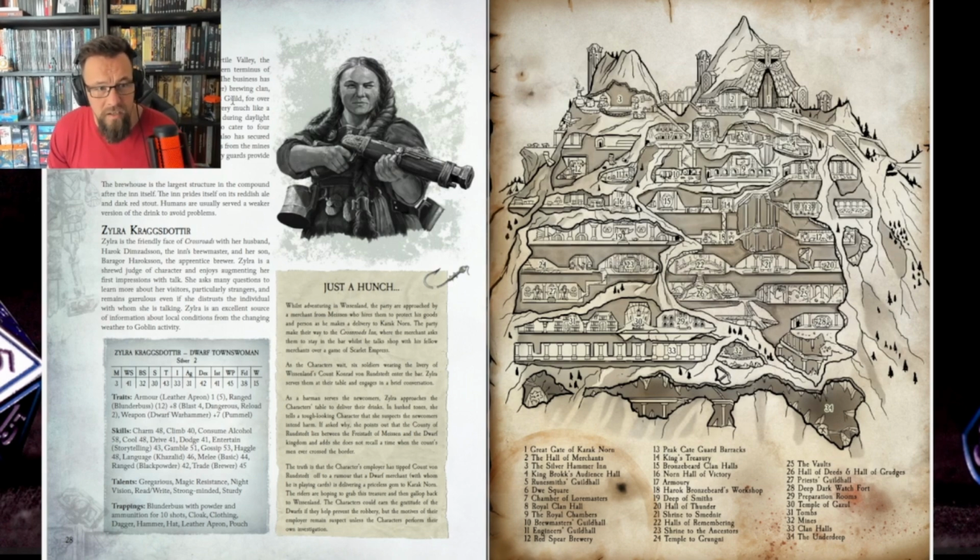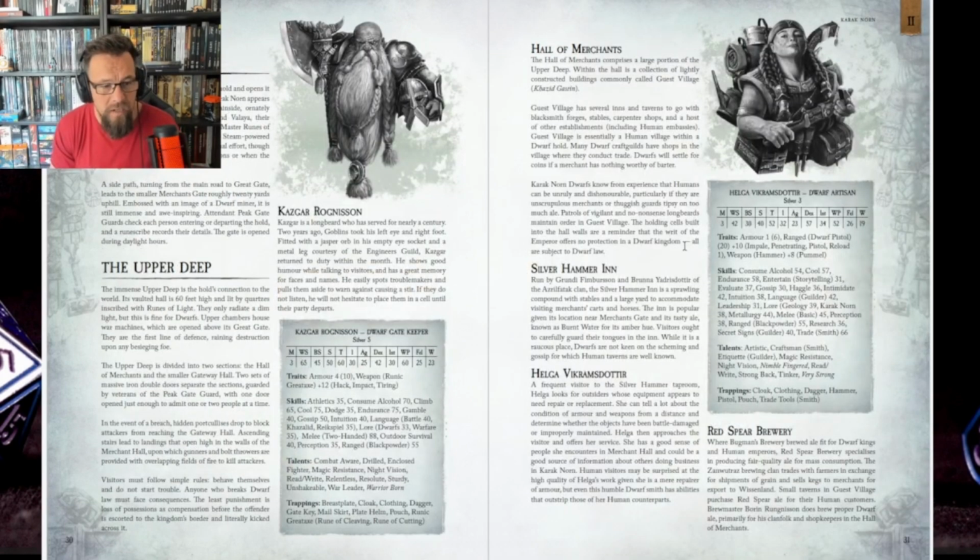So we're starting off at the Crossroads Inn, and one of the friendly faces and one of the patrons here is Zilra. It is actually, again, some more hooks for the adventuring parties, once they're there, to send them out. Karak Nord is broken up into several sections, and it will take you through the different